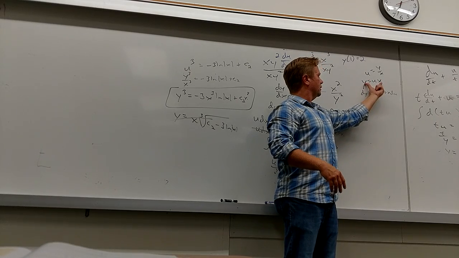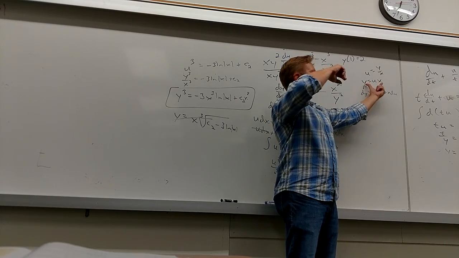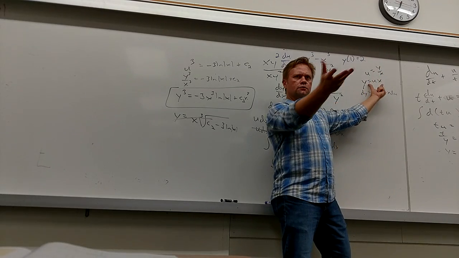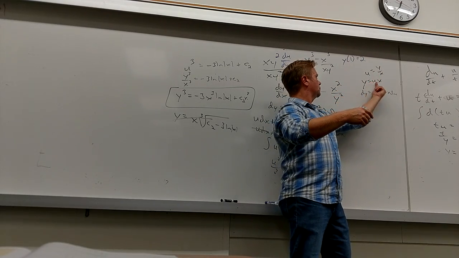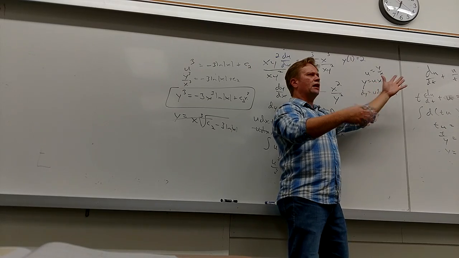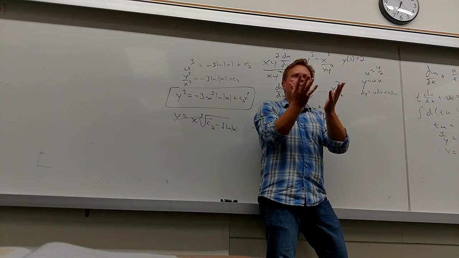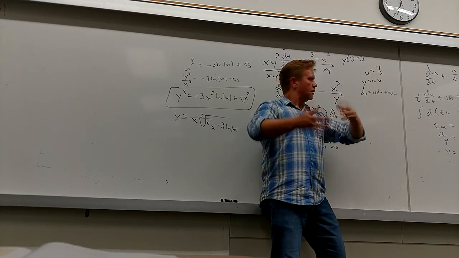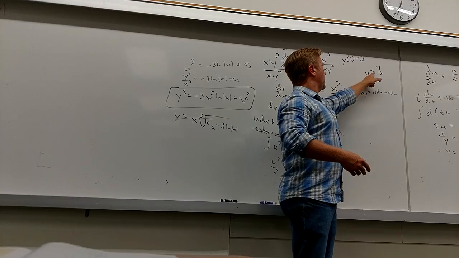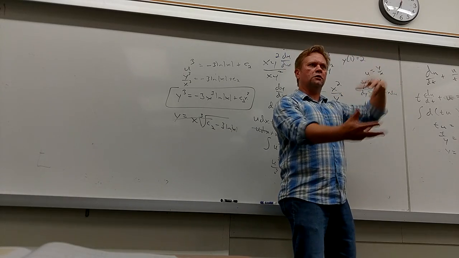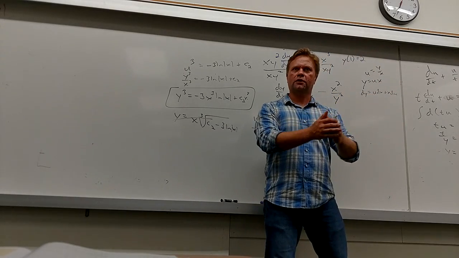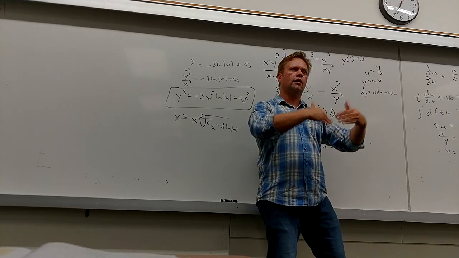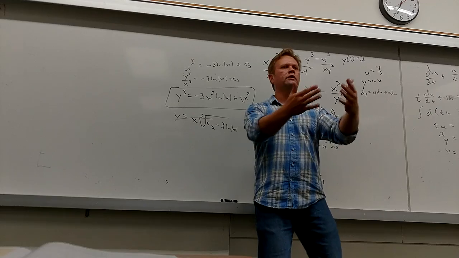I had somebody that I was observing, and they taught y equals ux, and they didn't say anything about it, and the students are like, well, how do you know that? I think this is what I was saying. How do you know that y is some function of x times that? How do you know that's true? And she's like, I'm not sure, but I don't blame her. It's been a long time for her since she taught it last, but this is part of what we have to do as teachers, to go back and say, do I even remember why we did that? I mean, that's, right? I want it to make sense. I want every step in the process to make logical sense as to why we would even try to do that,